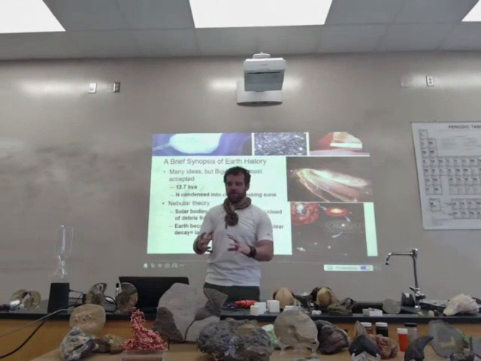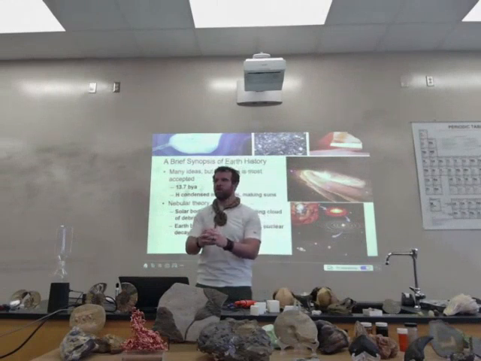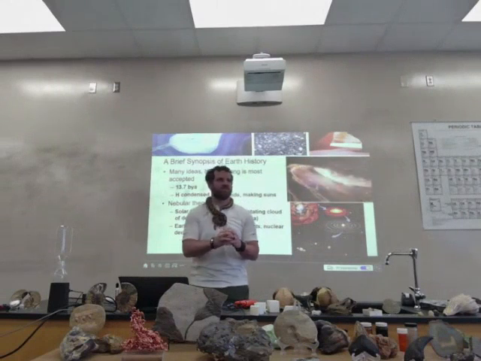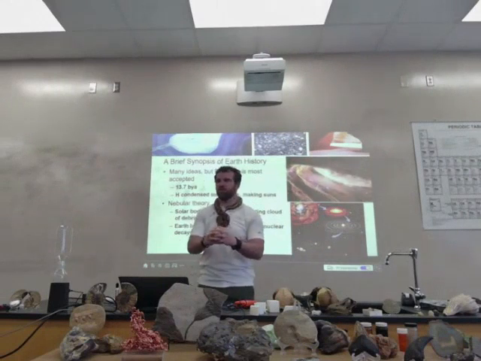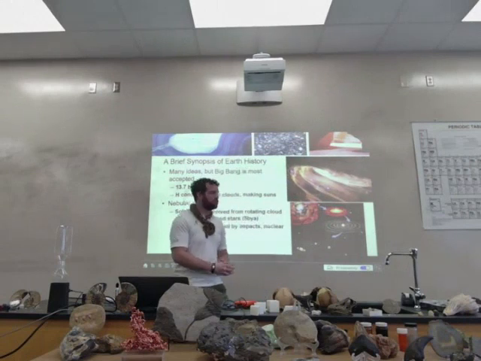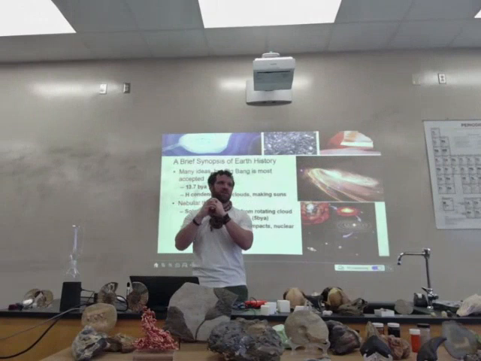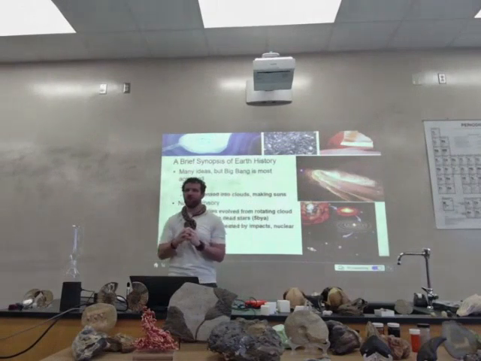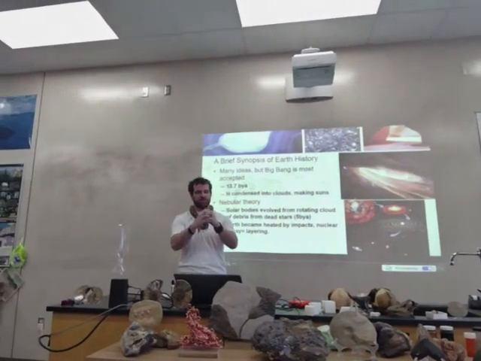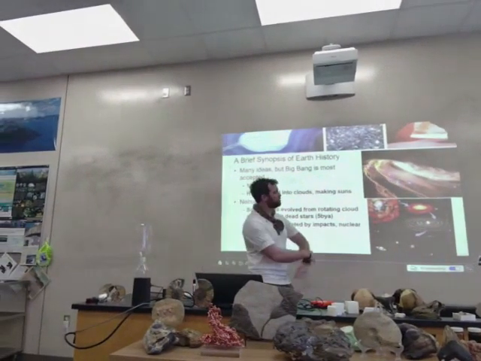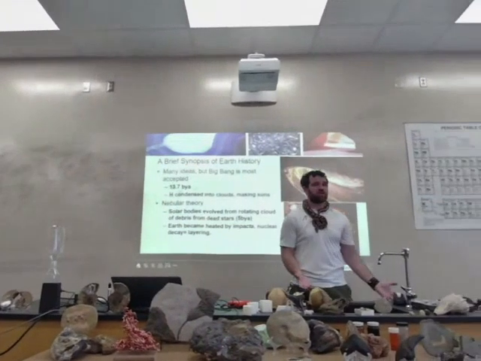Usually after a nova, there's a super dense ball of iron left behind, right? Just the densest part of the star is usually left behind, okay? So scattered all through space are really dense balls of iron out there. It would be really cool to find one of those, but they're non-reflective really, and they're really dark and dense, so it's hard to find them. But all of these elements are blasted through space, and the new stars start to form out of the stuff